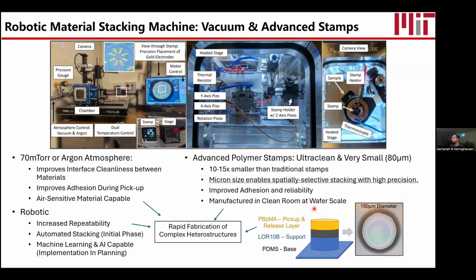One thing we do is we repeated Professor Mannix's stamp design. We don't have 4 layers, we have 3, but we're working on getting a 4th layer there. We don't have quite the same precision and some other stuff, but we are able to stack more material. So we're happy with the progress in that area, but we're working on making a cleaner interface. Cool. So this is the machine we have. Let's see what it can do.